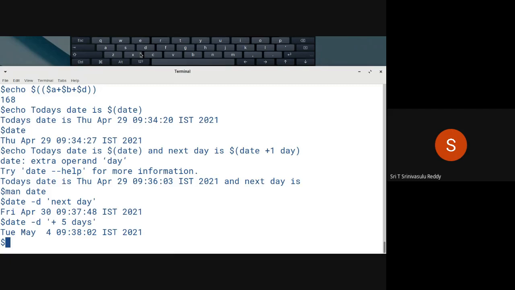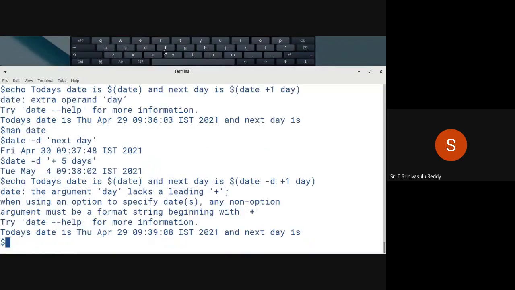So date followed by this particular thing. You can now combine. So for example, now and the next day is here. You can now specify all that. So here as a part of this minus d, and then plus 1 day. So the next day is